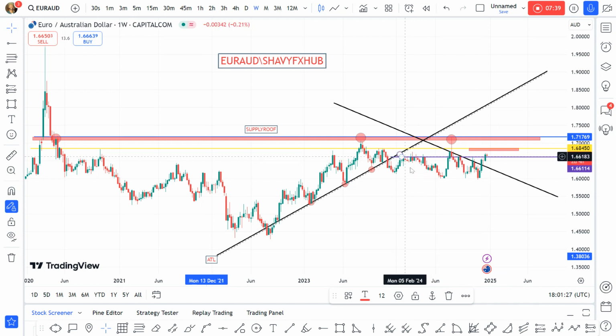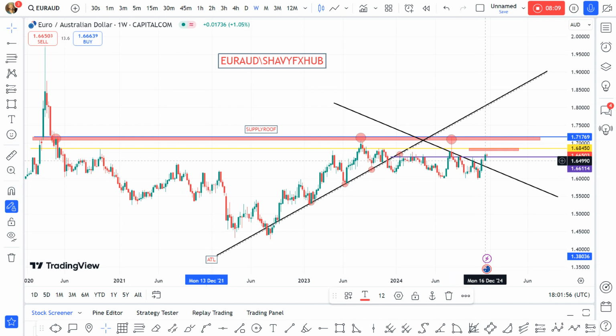Look at the March supply roof, ladies and gentlemen. January supply roof, February supply roof, April supply roof. Price broke structure, tapped into 1.71769, took liquidity, and rejected. But when price broke below that level, it rejected again to continue selling. We returned again in the month of October, respected the January roof, and finally in the month of December we broke that roof. What does that mean?